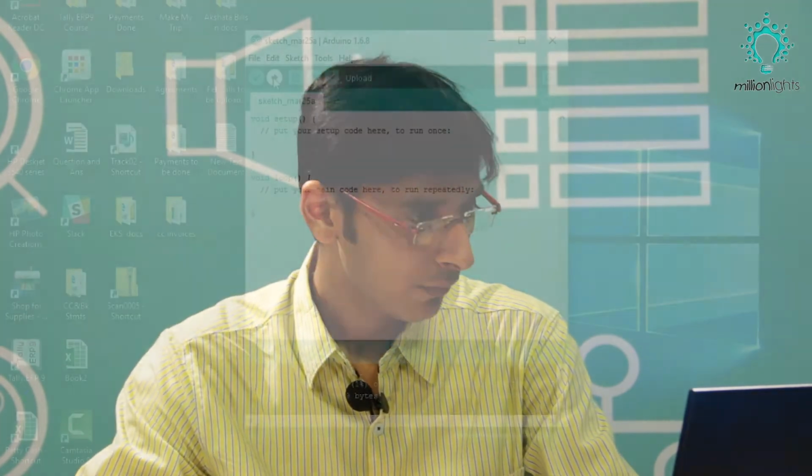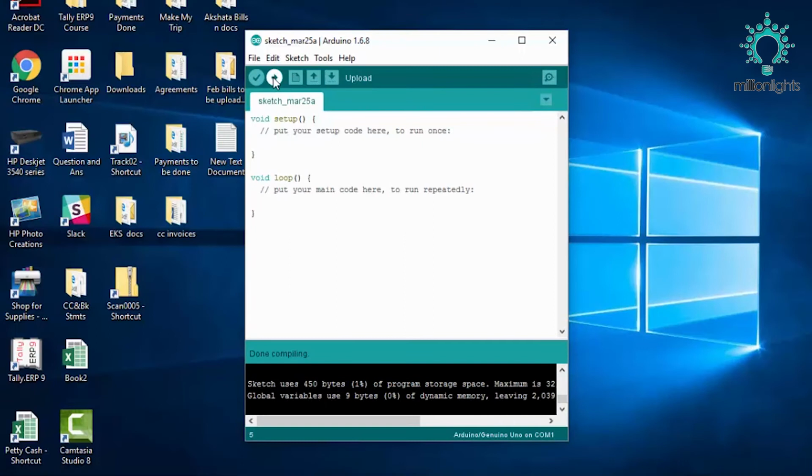For that purpose we have to use the upload button. When we press the upload button and connect the Arduino and the PC with the help of the USB cable, the code will be converted into machine language, that is ones and zeros, and transferred into the controller.